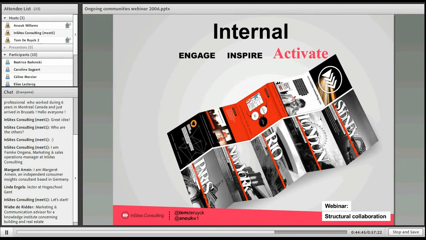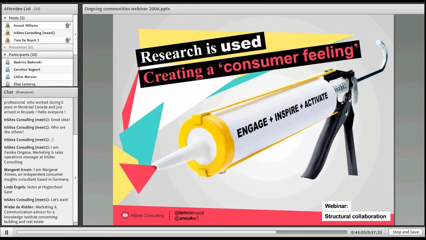So we are more impactful with our research results. We also see that by immersing them in the consumer world for a longer period of time, instead of only those 2 hours, they get some kind of consumer feeling. They not only understand the research results better, they not only use the research results more, but they also create a more general understanding of consumers. So this is about internal communication and internal impact.